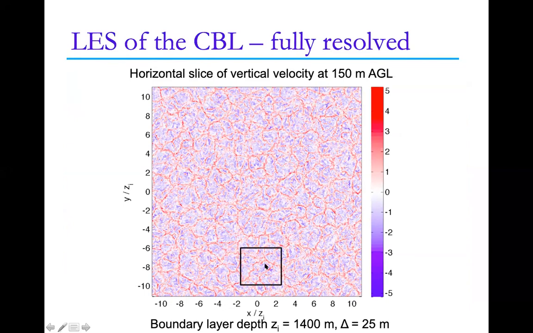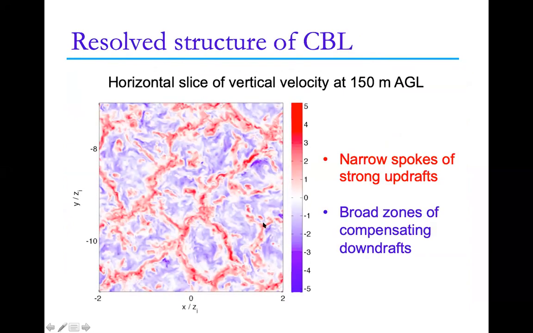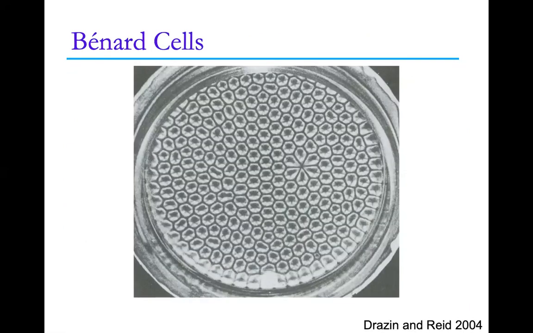And you see this organized structure where these convective cells have formed. This simulation is at 25 meters, and it's very well resolved at this resolution. You can zoom in to where that box is, and you can see more clearly these narrow updrafts in red and these compensating downdrafts in blue at this particular height above the ground. This kind of resolved structure is very similar to what you see at very small scales in Rayleigh-Bénard convection. This is in a small dish. You're looking down, and you have heating at the bottom plate, and you start to develop these organized motions.